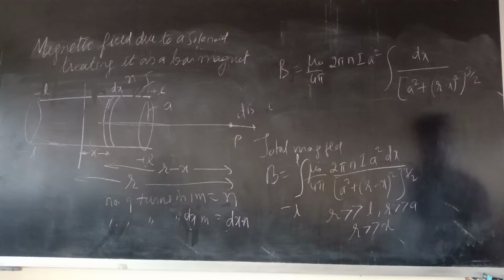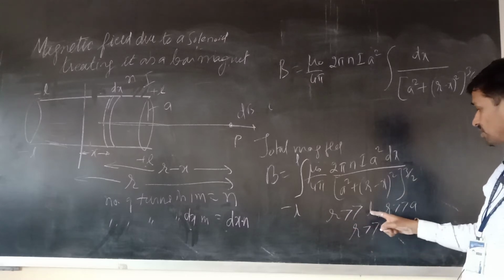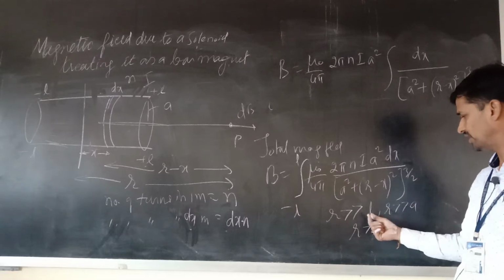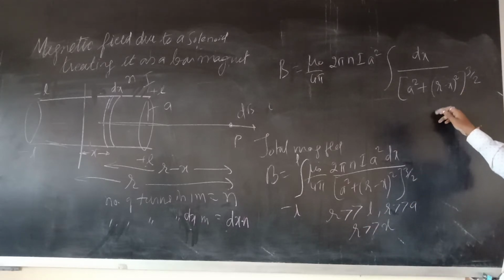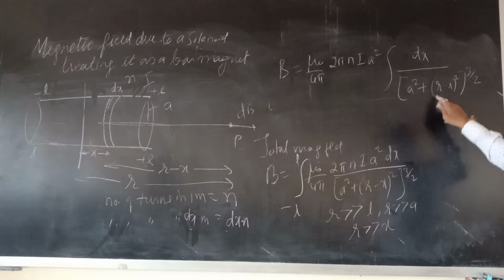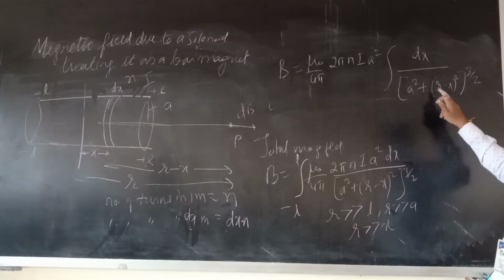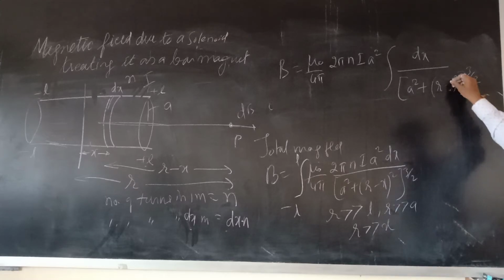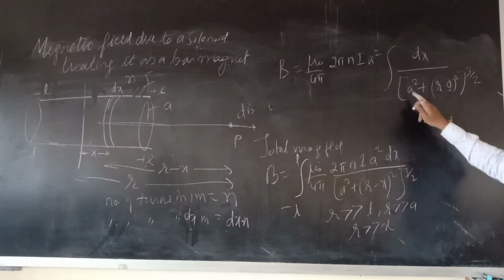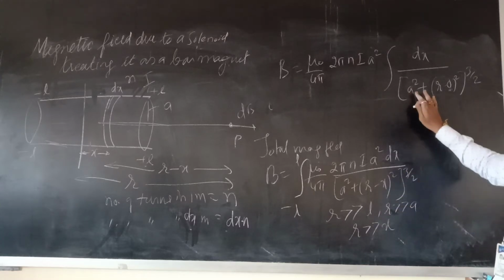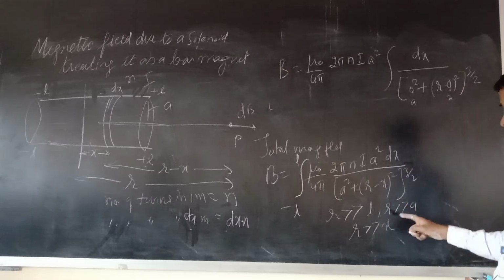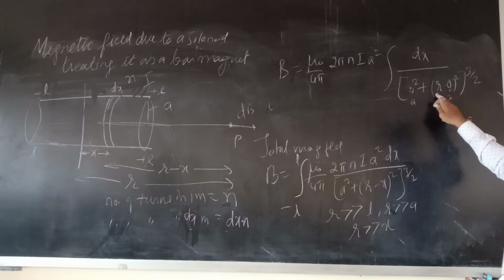Our assumption is r is much more than L, which means r is very big. If r is big, x is very small, so x we will write as 0 because it is small. A is also very small, therefore a is also neglected and made 0. See, a and x are gone because they are very small compared to r. R is big, it will remain.